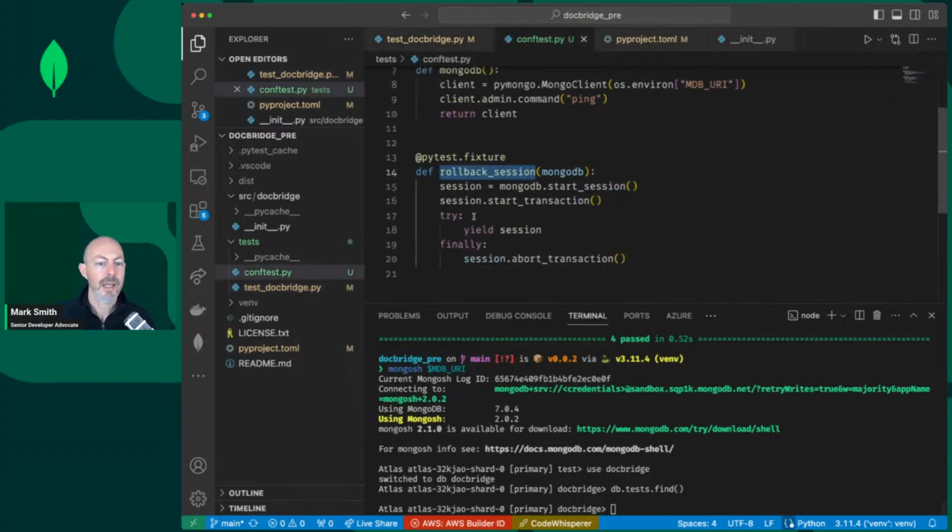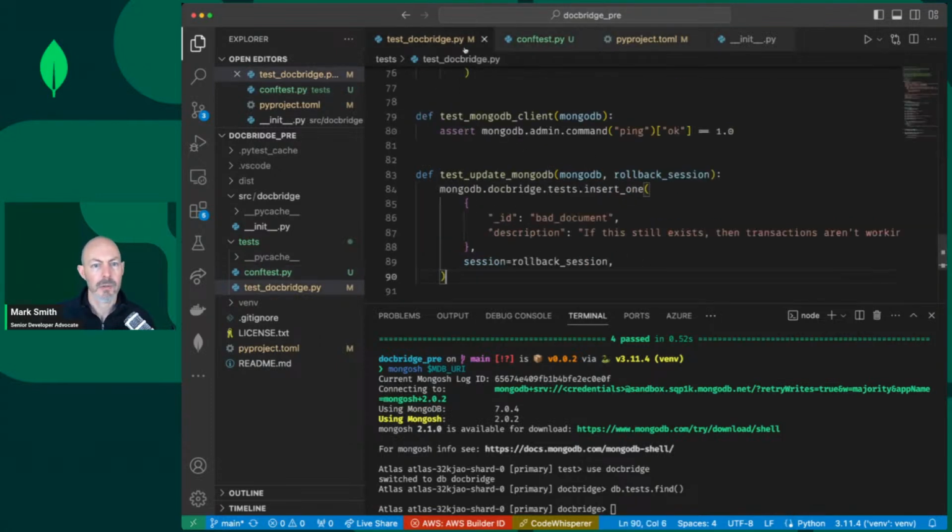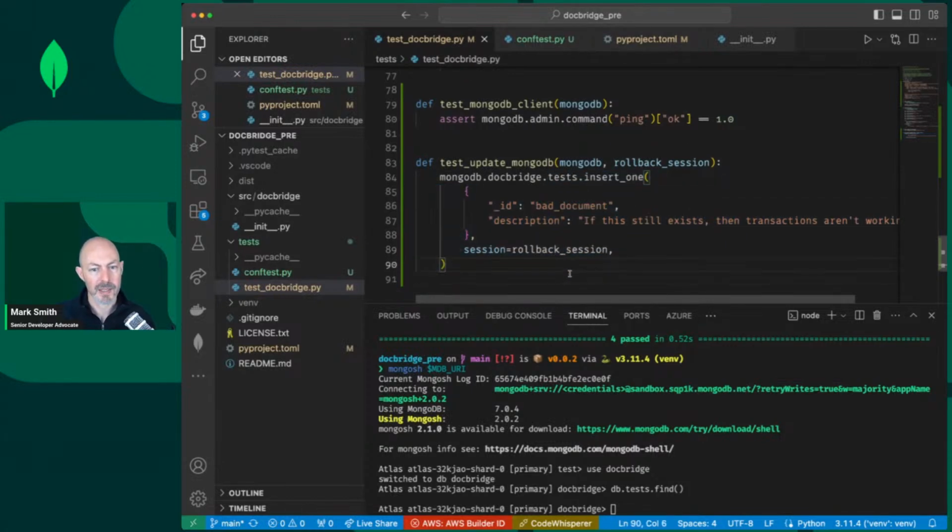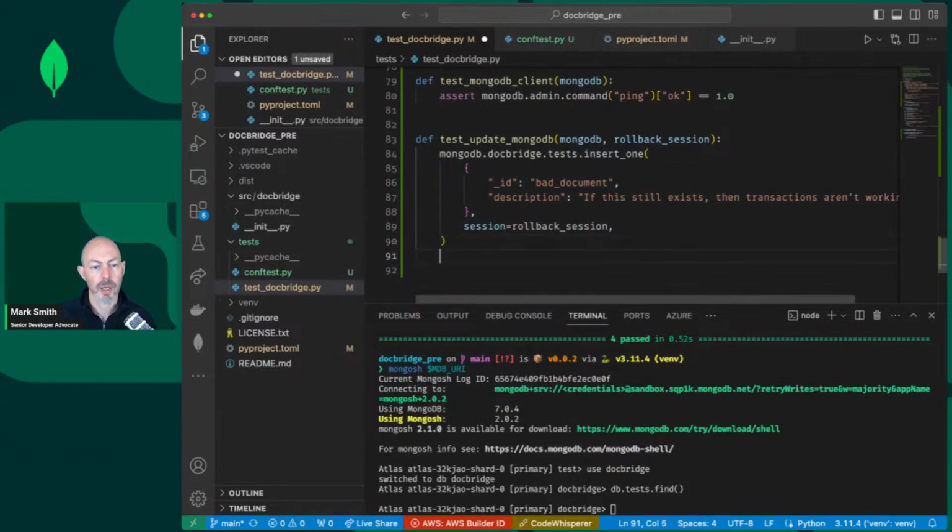So now, anytime I need to do, sorry, wrong file. Anytime I need to do a test, like inserting a document that I then want to be cleaned up, I can do this. And this should get the document back. So I can assert that if I do a find_one with this ID,